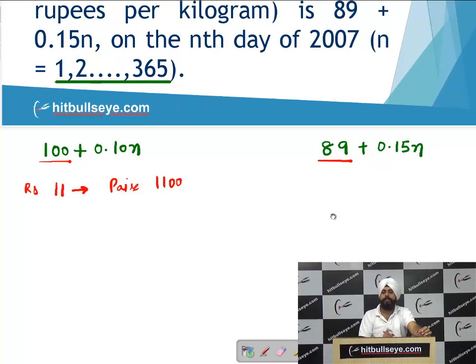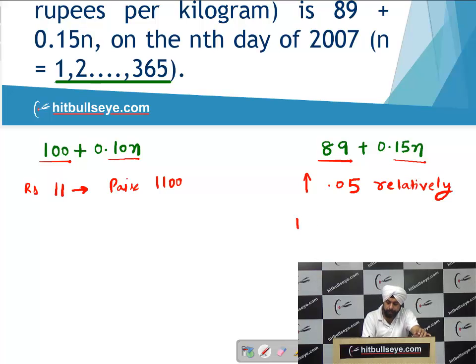Now students, first talk about the first 100 days, because for the first 100 days only the price in Darjeeling changes. Now price in Darjeeling increases by 10 paisa, students, and here it increases by 15 paisa. So you can say price in Ooty increases by 5 paisa more relatively. Right, students? So in 100 days, when the price in Darjeeling will only change, can you say the difference will be reduced by how much rupees? It will be reduced by rupees 5 or 500 paisa.